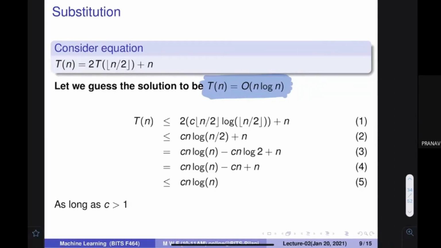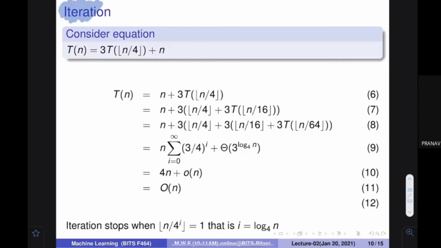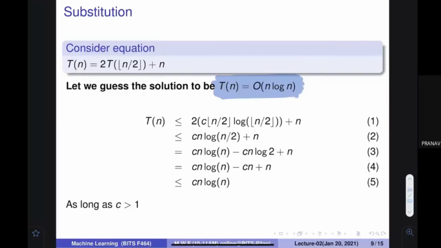Second method, iteration. You unfold it. However, sometimes it becomes very difficult, because keeping things very simple so that you can manage and find the solution sometimes becomes difficult. If we reach our assumption, how does this mean our assumption was right? Because we started by this, and we thought that this was my solution.